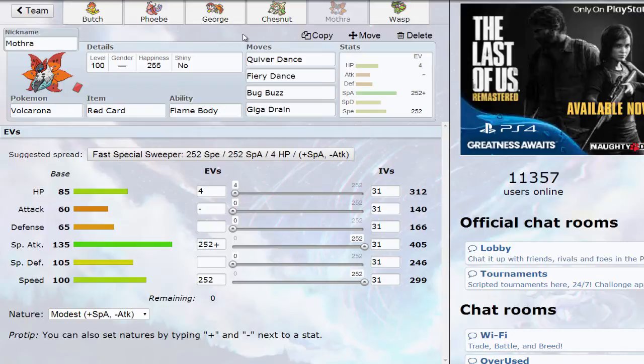this gen at all. So we have Quiver Dance, Fiery Dance, which has a healthy chance of raising your special attack, and then Bug Buzz and Giga Drain, because otherwise Swampert is a little bit of an issue. And if you outspeed it, you can one-shot it. It's just a good time. Unfortunately, we are walled by things like Arcanine, just pure fire types. We can't really touch them. All of our coverage moves are resisted by fire types. So we would have to switch out if that was the case, or just, you know, try to deal as